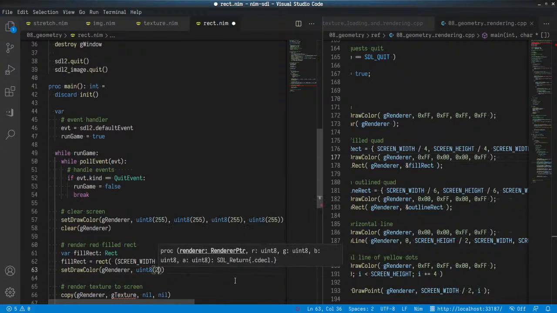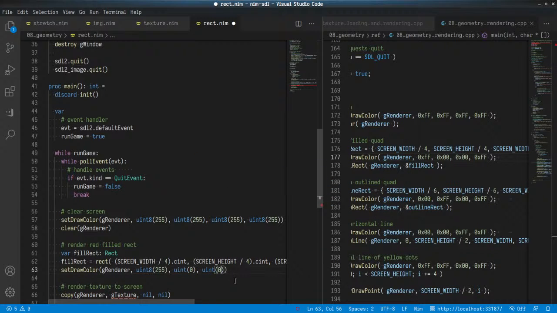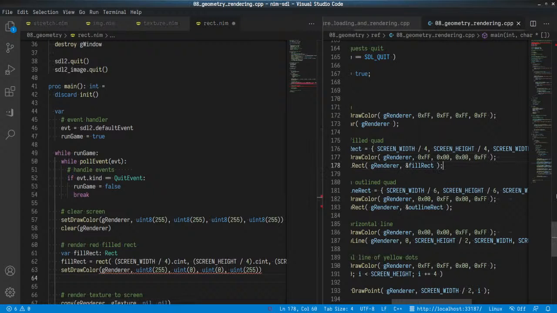And 8 of 255. We want to make it red, so that's 100%. That's 0. Don't want to make it transparent. And then finally, let's